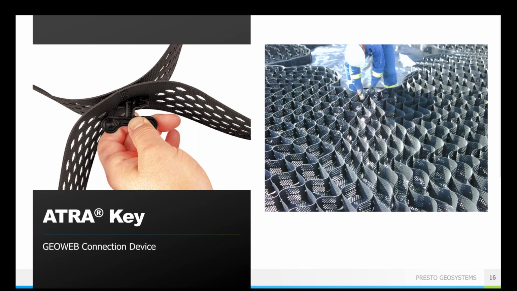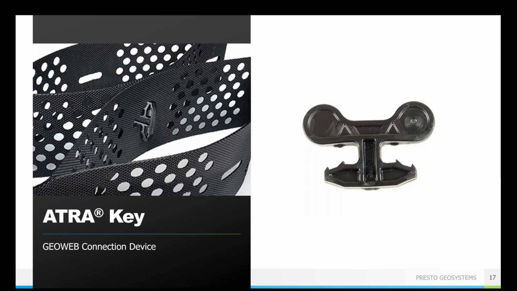And so this is what that ATRA key is looking like. You can see how it can be used to connect all of the individual panels together to cover your entire area. I just want to give a close-up of what that ATRA key does look like. It is a single connected piece, and you will notice that it has what we call frictional barbs, and that's designed to enhance the interlock with the GeoWeb textured cell wall.